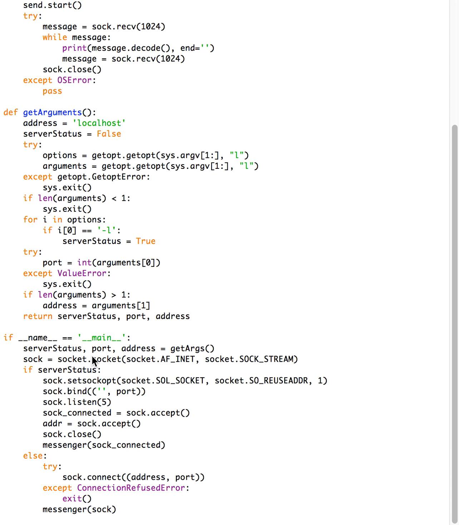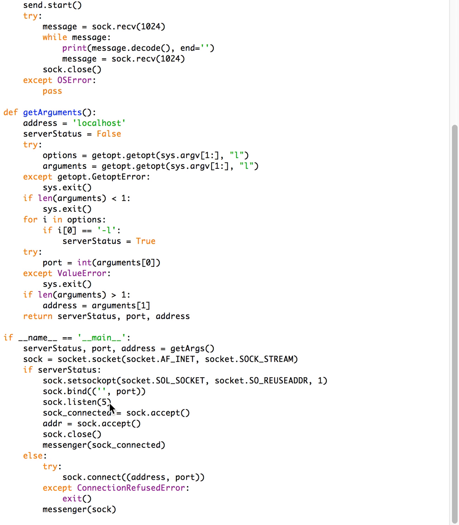And if you're the server, if the server status is true, then it'll set the socket options, and it'll bind it to that port. It'll listen for communication and find a connection